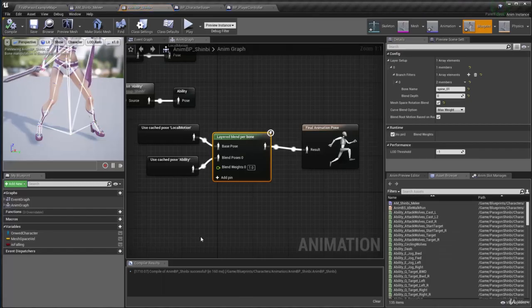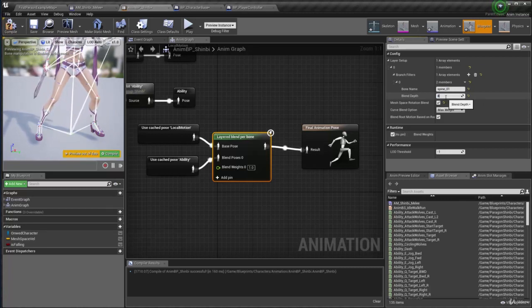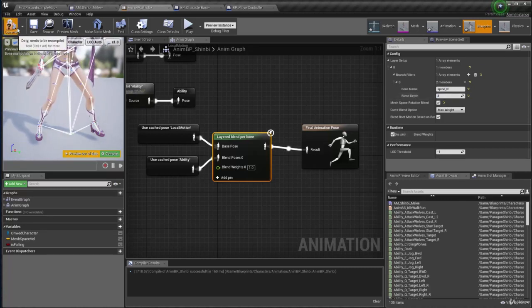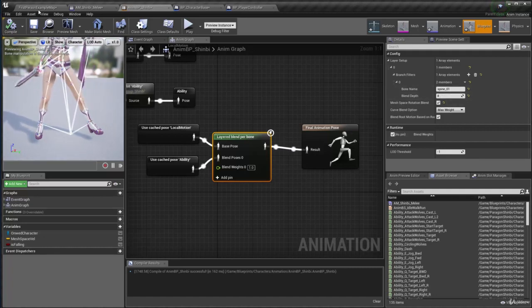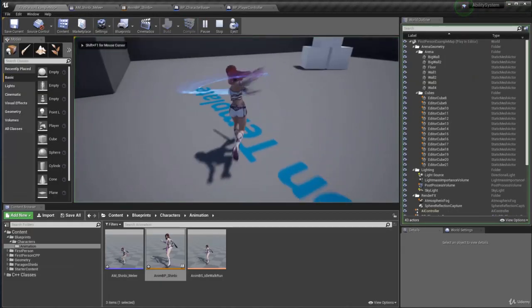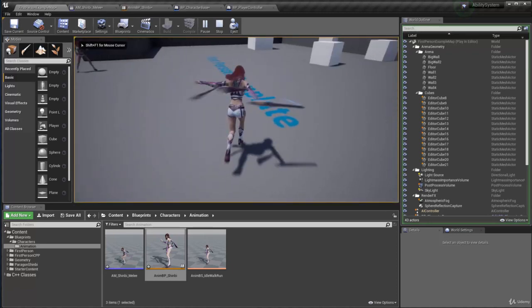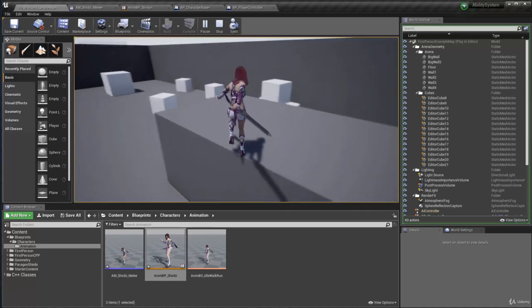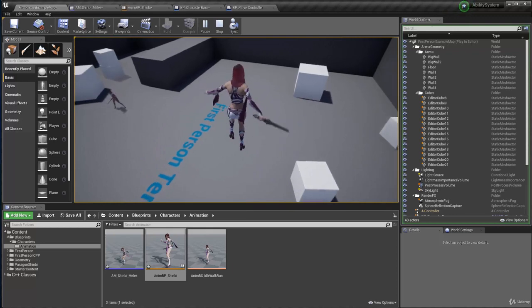So here, instead of saying, okay, we're just gonna do a really harsh blend, I'm gonna tell it to gradually blend to 1, and that's what this blend depth is. If I change that to something like 4, what this does is when you play, it's gonna have the blending starting from spine 0, 1 and gradually reach a weighting of 1 in the next 4 hierarchies. Now if I go ahead and play, you can see it's smoother, right? It's better. Okay, but still this is not super perfect,